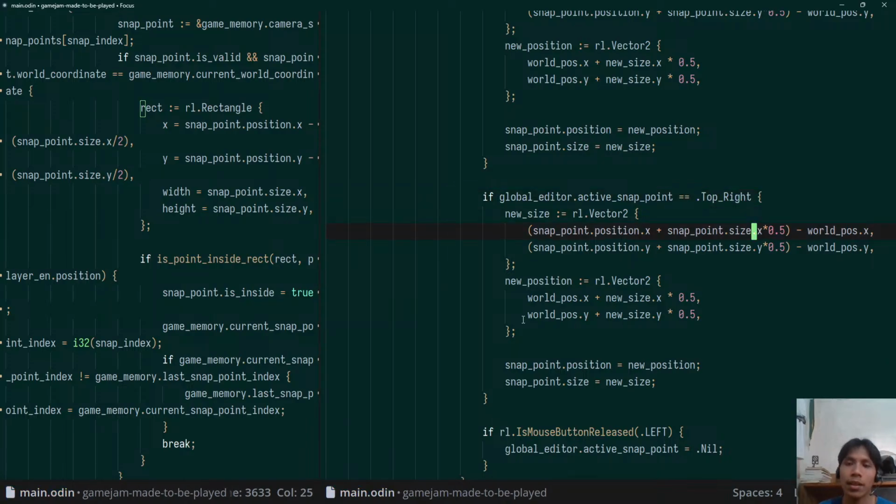The top right is snap position, so the size of top right is here. For the X, the size is from what is, but top right. So if I try to move up,